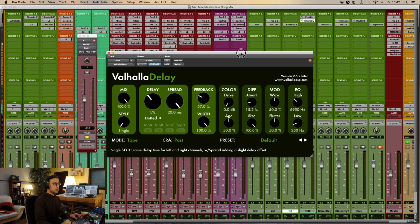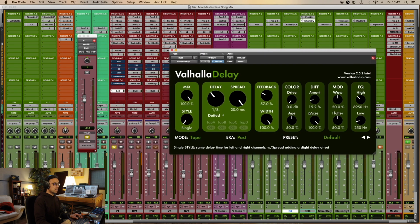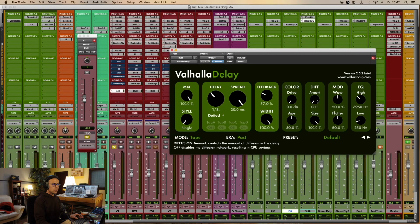Let me show you what happens if I reduce this diffusion amount or if I put it in. This is with some diffusion, and now if I switch it off, you can hear the repetitions are far more accurate, a little bit like the original. And if I exaggerate the diffusion amount,